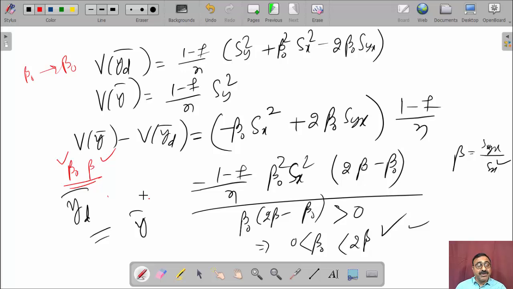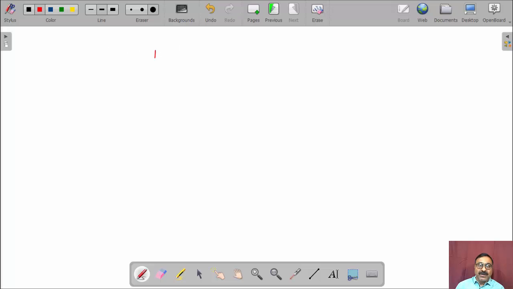If their difference is more, then it will differ much from the optimum variance, and sometimes it may happen that its variance will increase to a very high amount, leading to a very less efficient difference estimator. So we investigate how much beta 0 differs from beta, that is the population regression coefficient of